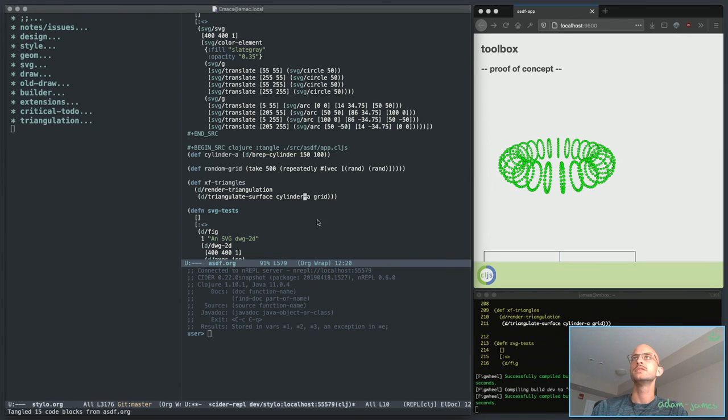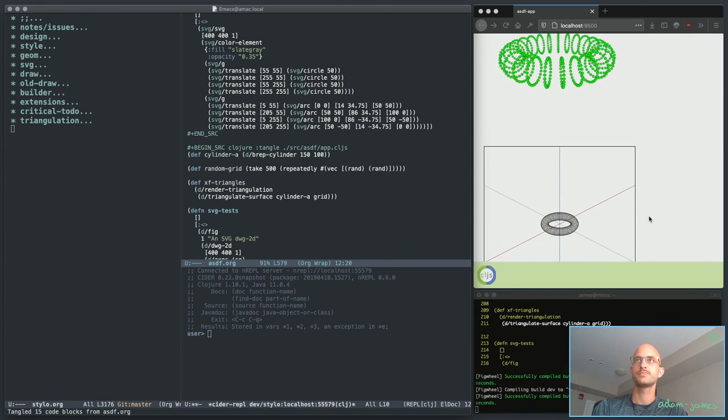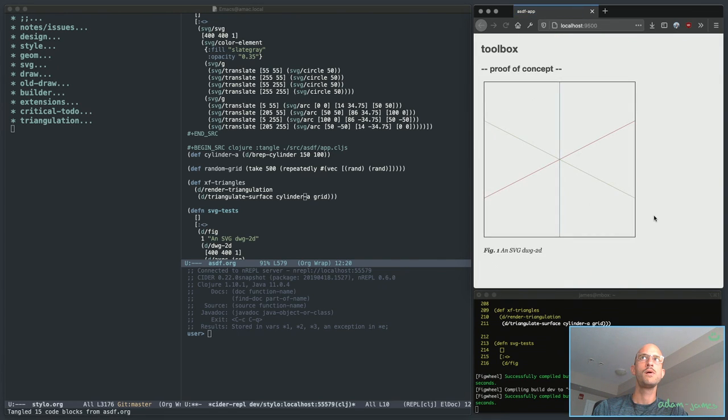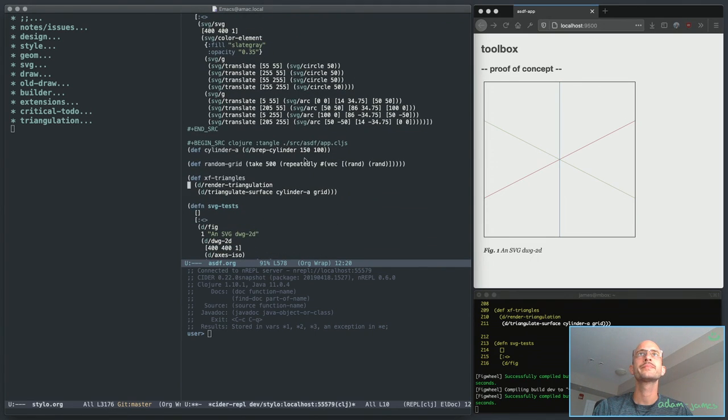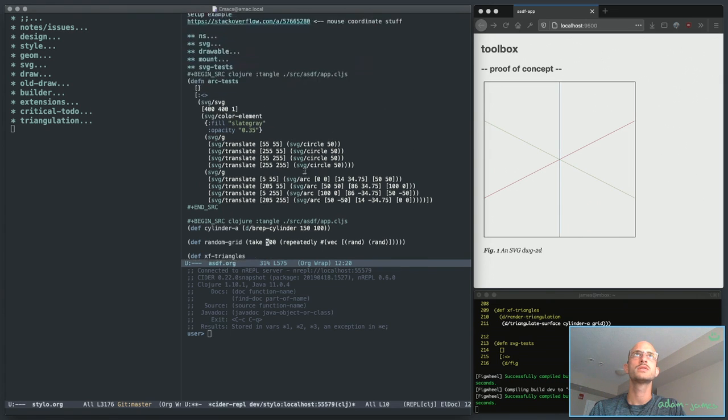I think I accidentally deleted the cylinder call, which is not ideal, but is fine. Okay. Things are almost working. I think the grid has too many grid points on it, so it's still a little slow to calculate here. At least I think that's what happened. So let's have a look at the grid here. Let's just take, oh, we don't need the random grid. We want